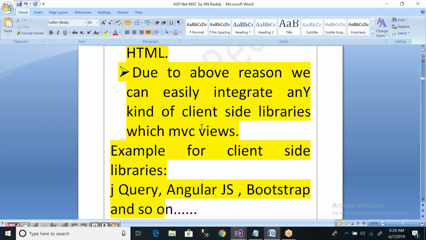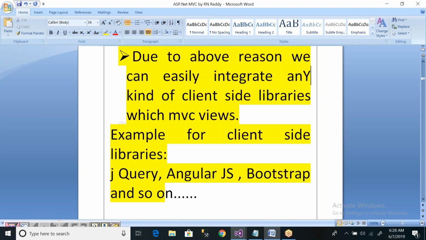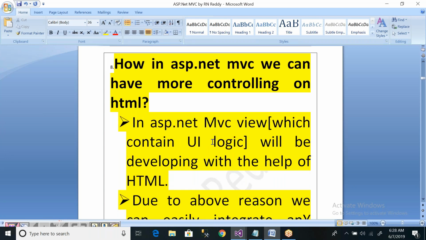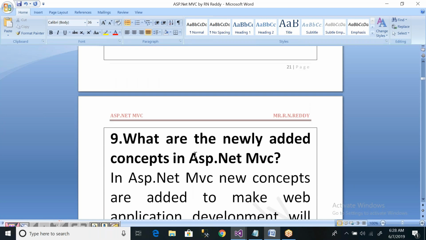Client-side libraries are, for example, the jQuery library, AngularJS library, Bootstrap library, and so on. So that is what you call having more control on HTML in ASP.NET MVC. The reason is the complete view code is HTML code. There is no runat equal to server, and importing client-side libraries is also very easy in MVC, because completely it is client-side code.